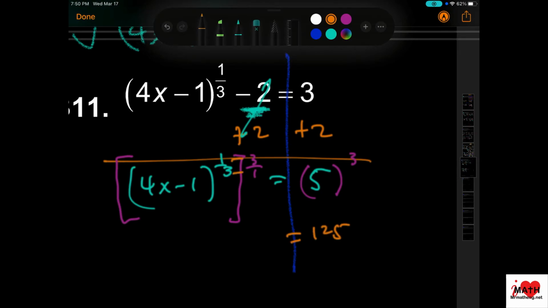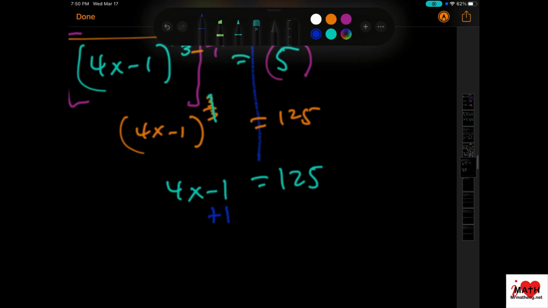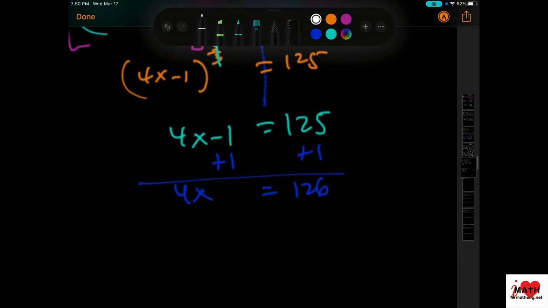And over here, if you multiply across, you get 3 over 3, which is just to the 1st power. And if it's to the 1st power, it kind of cancels. You don't need it anymore. You just have this. And we're just going to solve this. Add 1. 4x equals 126. And then if we divide both sides by 4,